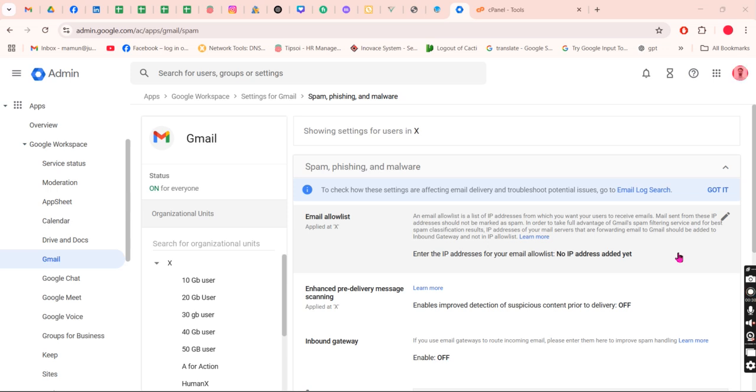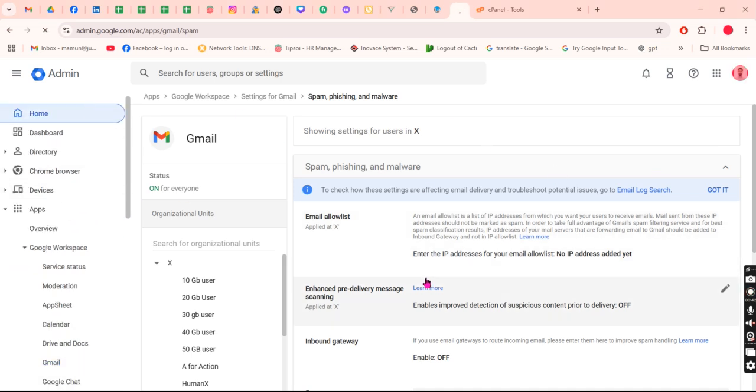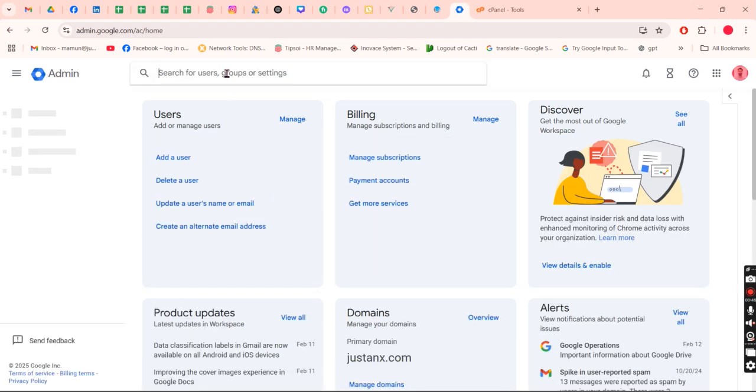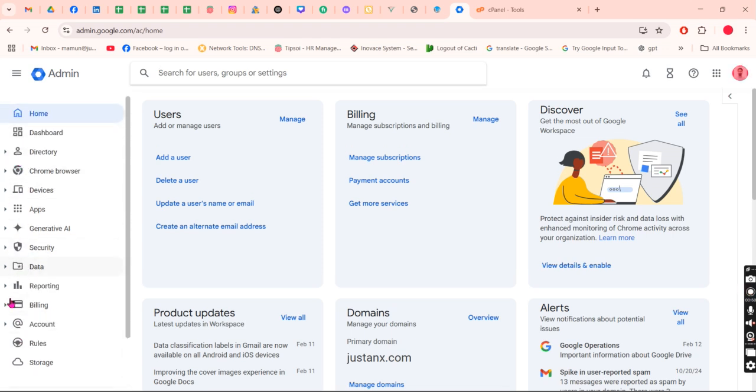So first, how to fix this issue in Google Workspace. You need to access the Google admin console and log in. You can see my Google admin console. Then you need to go to the search bar or the left side menu dashboard. You can see